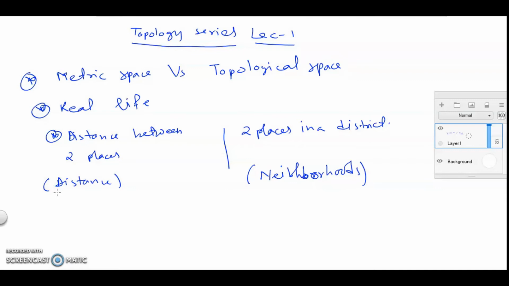So casually speaking, if I write a loose definition of metric space and topology, not the exact definition, then a metric space is nothing but a metric space is